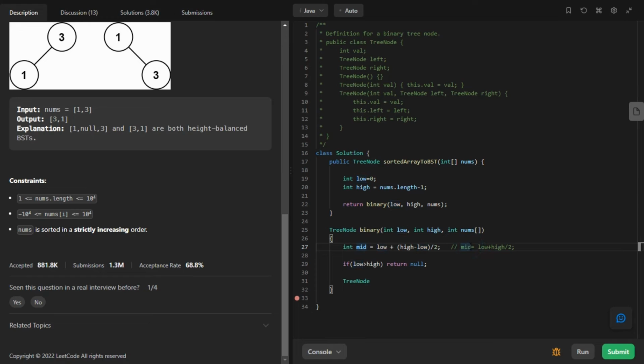So whenever you have to find out the middle element, just don't do this thing, because that's going to lead to a very high value at some point, and then it will be divided by 2. But before that, it's going to lead to the compilation error. So to be on the safer side, and also for the